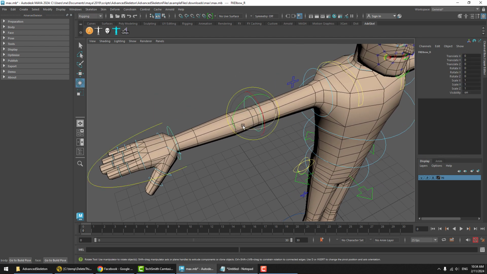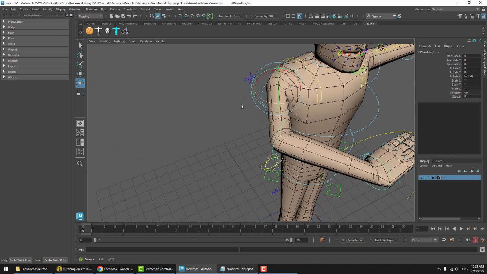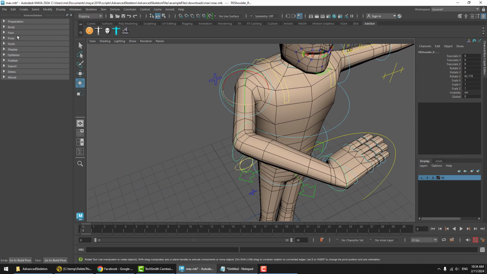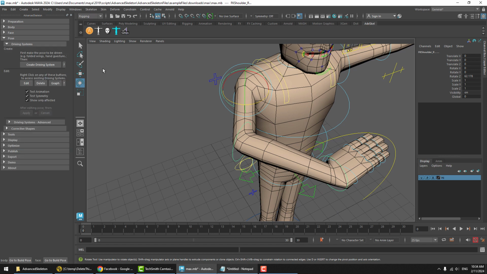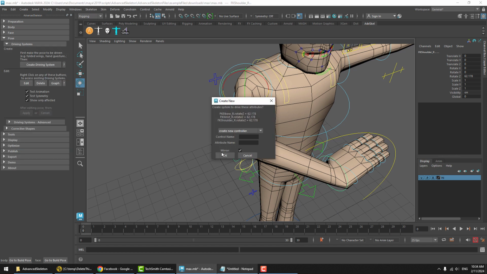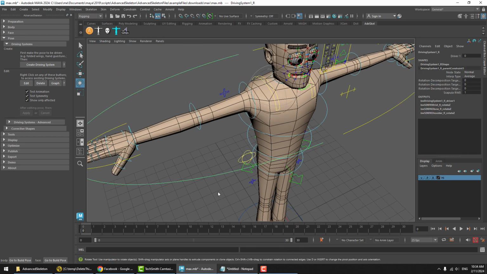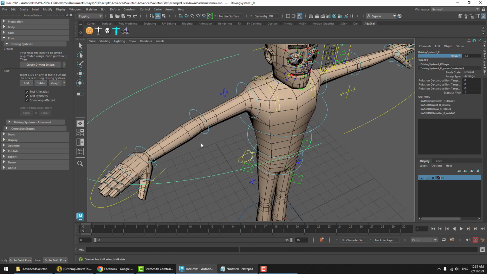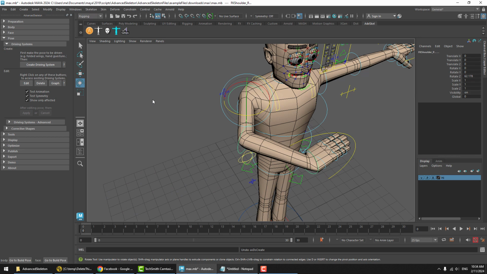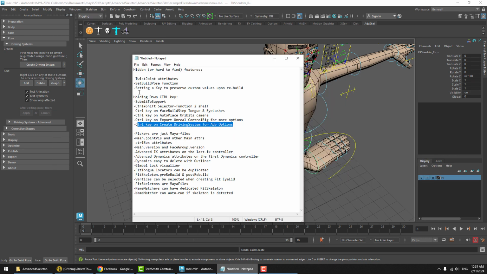Say you wanted one attribute that rotates all these controllers as such. Then you would just go into the driving system, hit create driving system, and we now have this new big controller that has one attribute that will do that pose. All right, now let's undo that, and this time we're going to look at what is the hard to find